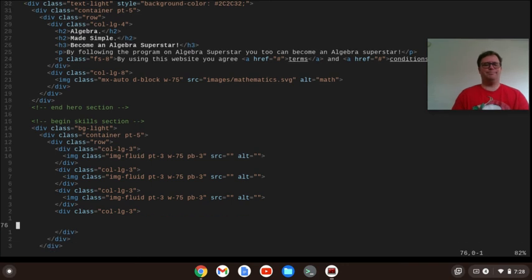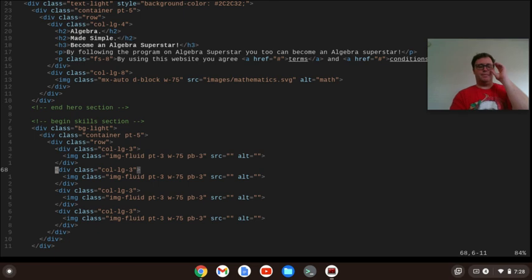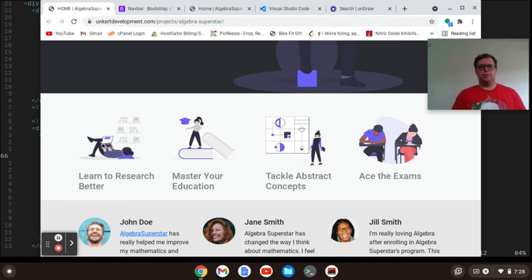I'll just, when I delete, yeah, it gave me a blank line. So anyways, okay, so now I've got my format. Each of these has an image in it in this row. So if we look on the site, the way I'm doing this is I'm doing a row here, and then